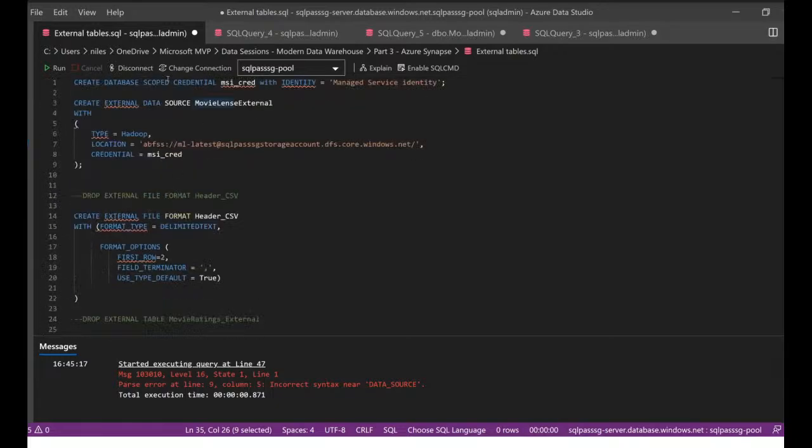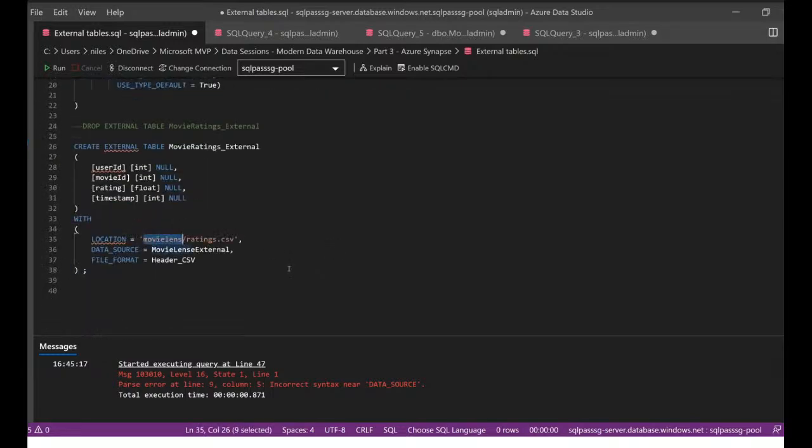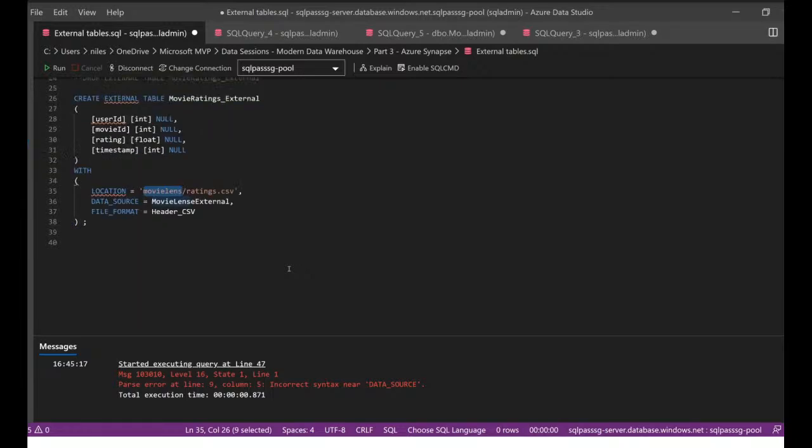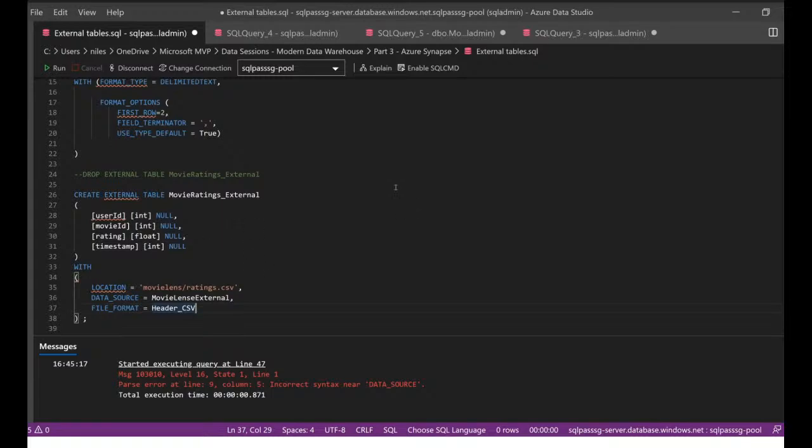So we start from the data source, which is the top level file system, and then we refer to the relative folder within that data source. And I also specify which is the data source. So that is how this link happens between the actual file, the ratings.csv, and the data source. And then we also link it with the type of the file format. Now, what happens in this case is I can query this table without moving the data from the storage account into SQL Data Warehouse or Azure Synapse. This query happens in place, or data is still in my storage account, and I'm able to query that.